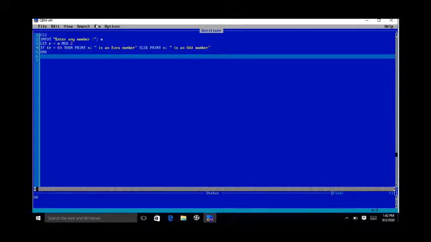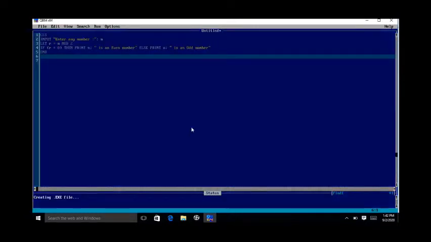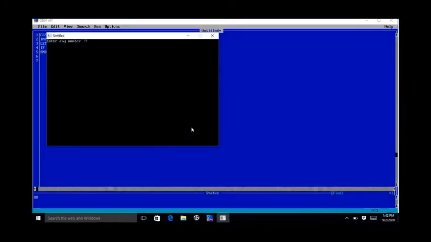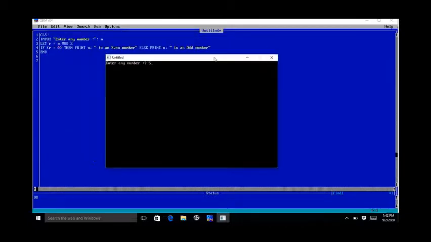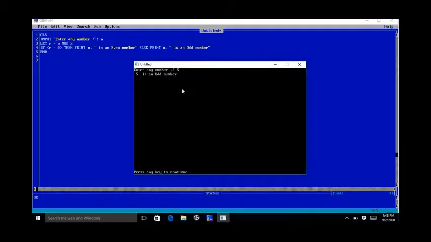Now we are going to run this program. Let's say the value that I'm going to input is 5. We already know that this is an odd number, but now we are checking whether this program makes a correct decision or not. So I have input 5 and now I will press the enter key and see it shows the message 5 is an odd number, which is a correct answer and a correct input.